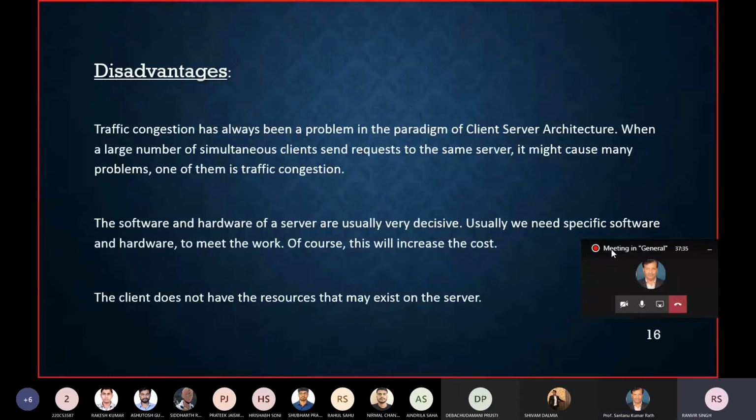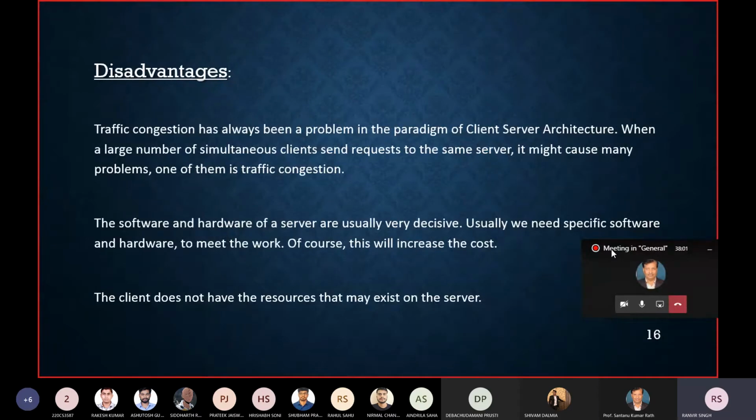Now, the software and hardware of a server are usually decisive. So we cannot take any server or any hardware and make a client server architecture. It is not possible that way. A specific type of software and specific type of hardware is required for client server architecture. And it can increase the cost.